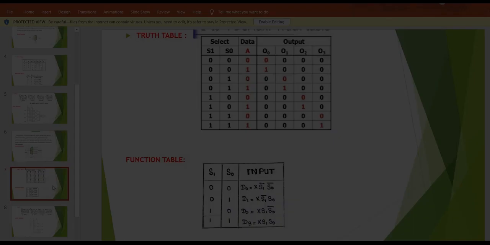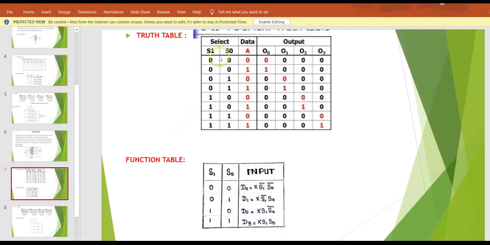Let us move on to the truth table. S1 and S0 are the selection lines, where S0 is the LSB and S1 is the MSB. This is the input line, and D0, D1, D2 and D3 are the output lines. If I give 0, 0, 0, I'll get output 0. If I give S1 0, S0 0 and the input line 1, I'll get output D0 as 1 and